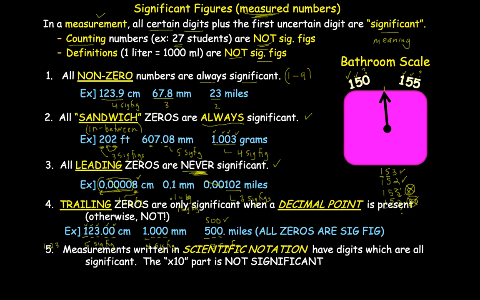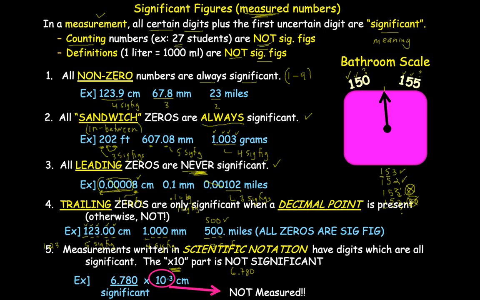Last but not least, measurements written in scientific notation have digits which are all significant. The times 10 part of scientific notation is not part of this because all that does is tell you where the decimal point is. For example, if I had 6.780 times 10 to the negative third centimeters, that's just telling me I have